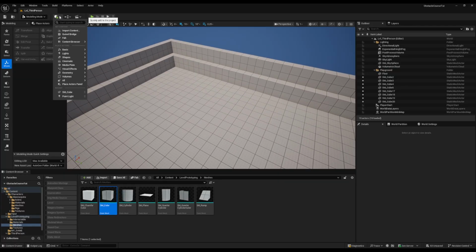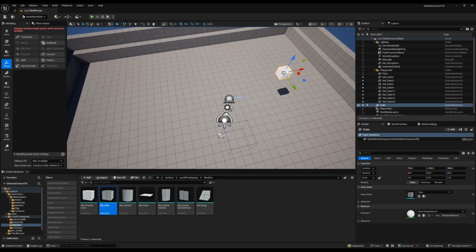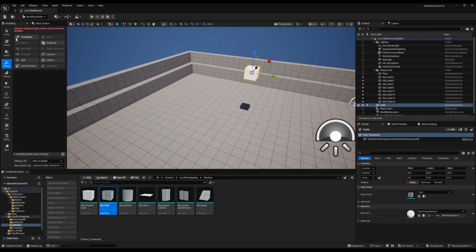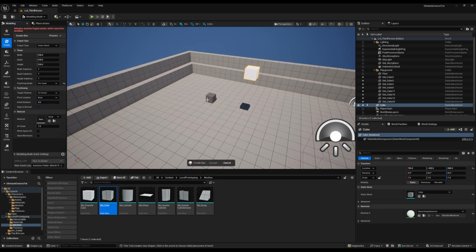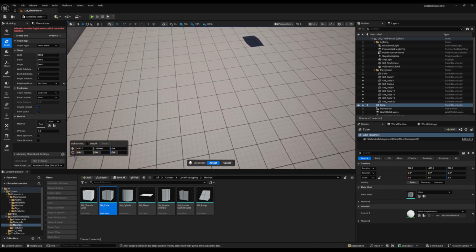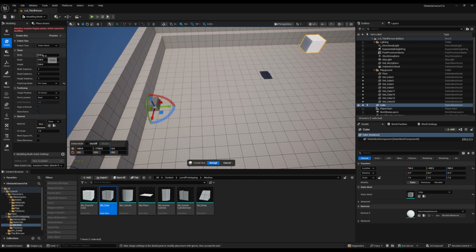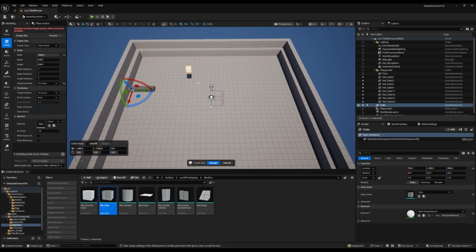So let's see here. So basic shape, a cube. There's a basic cube that we can mess with the materials, or we can create box. And these things just have different properties to them. I can get that placed there. You want to get close to what you want. Can I go farther than that? Yes, but